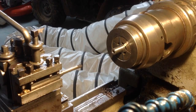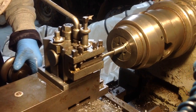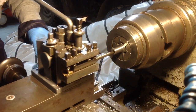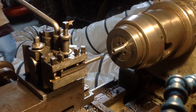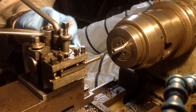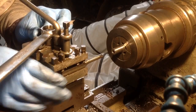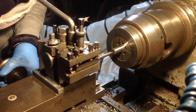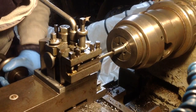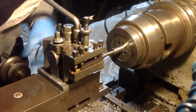Okay, just set it up in the lathe here to see how, in principle, it might work. It's touching just as I get in the back there. I don't really want to thin it down anymore. I'm just going to try and tweak the angle of the tool post a smidgen. Come on. Maybe just. Let's see how we go. There's not much room in there. No, it's going to touch at the back now. However, I think I'm in